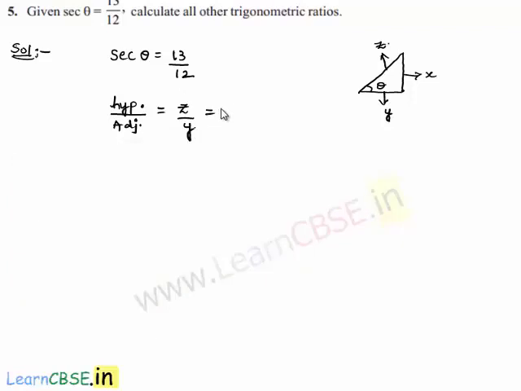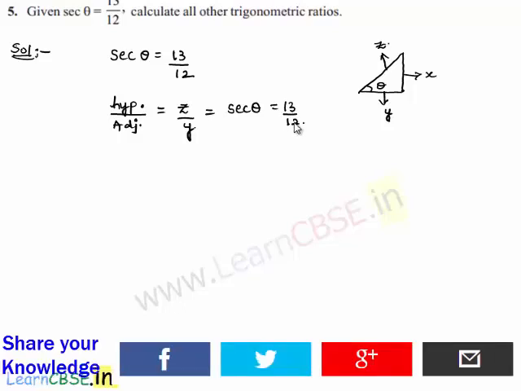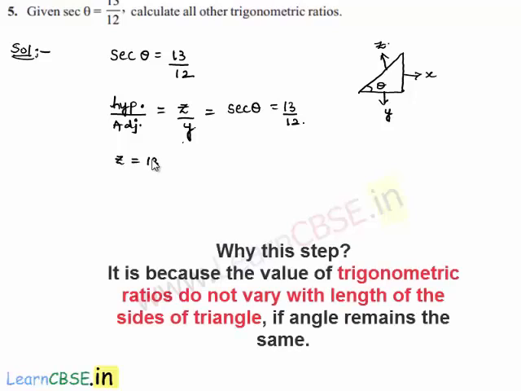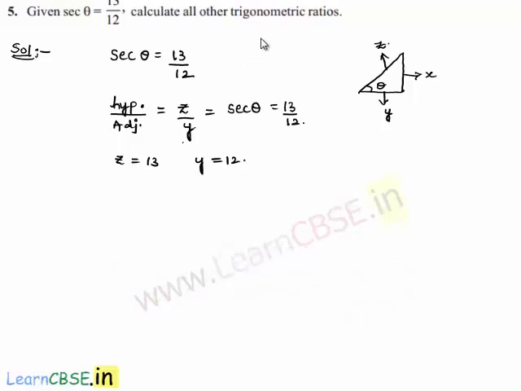Now this can be equated to secant theta, but he gave the secant theta value as 13 by 12. Therefore, as z by y is equal to 13 by 12, let us assume that z is equal to 13 and y is equal to 12 in the simplest form. Now, in order to find all other trigonometric ratios, we need to find the other side, that